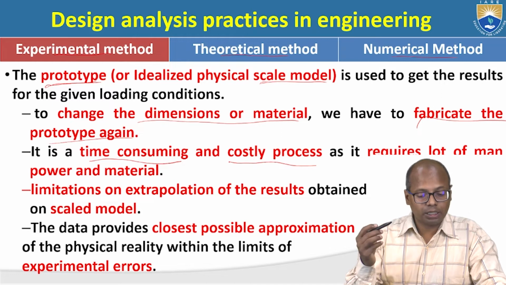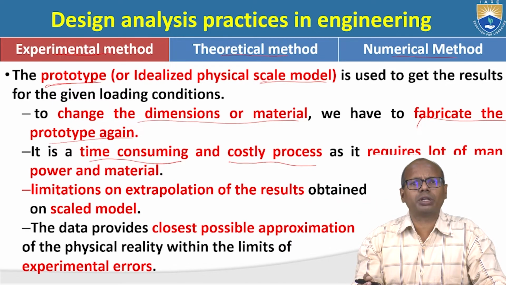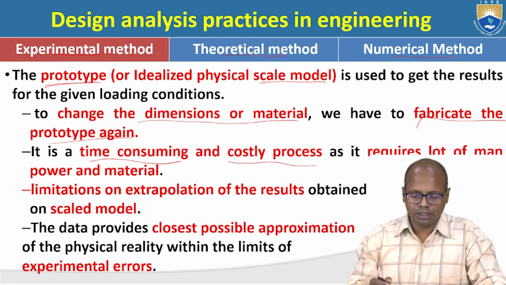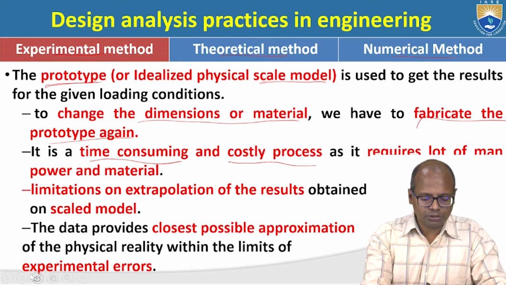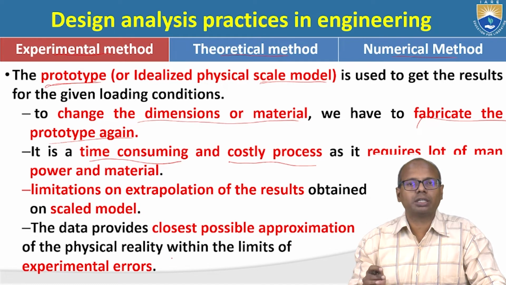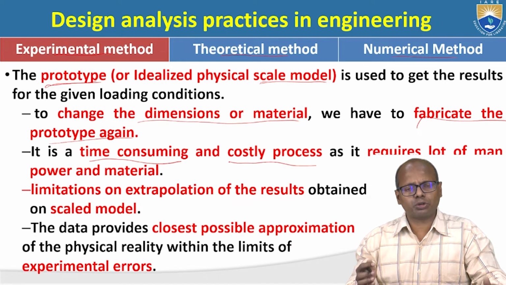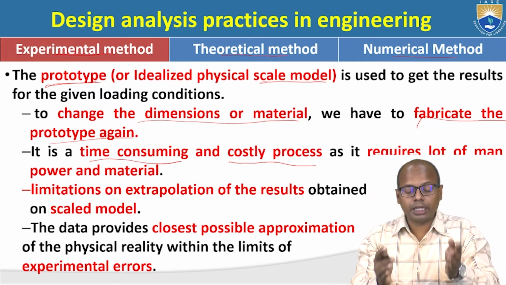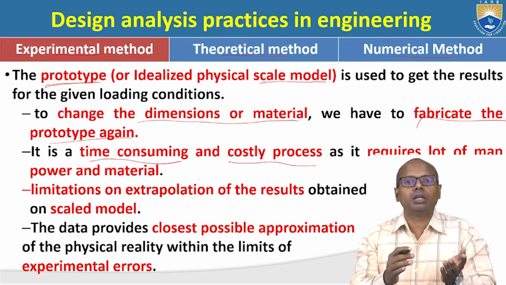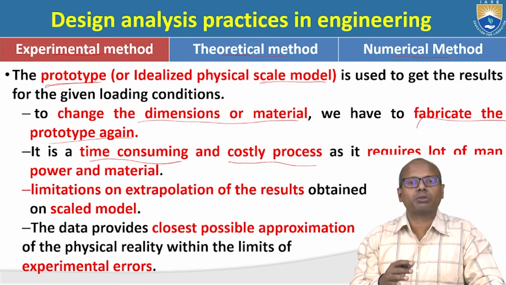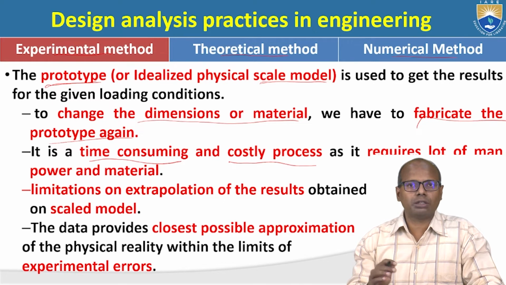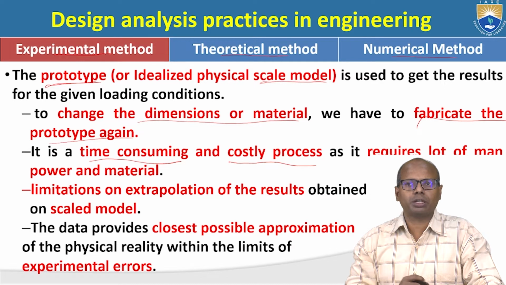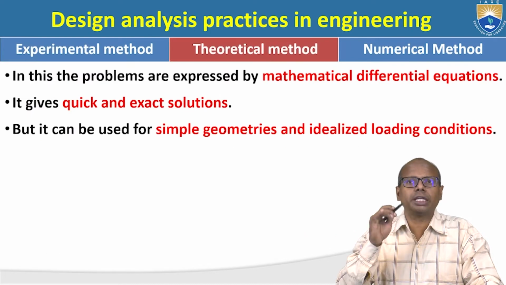Now, is it an absolute process? Are there no errors in this? No. In the experimental procedure also there are errors, and it is not an absolute one. There will be errors, and we have to minimize them. Say suppose the person is observing, so there will be some parallax error. And if I am taking a scaled model, then for making the scaled model we have to take some approximations, and those approximations also will lead to some errors. So the experimental method also gives results, but there will be some errors which we have to reduce. Coming to the theoretical method,